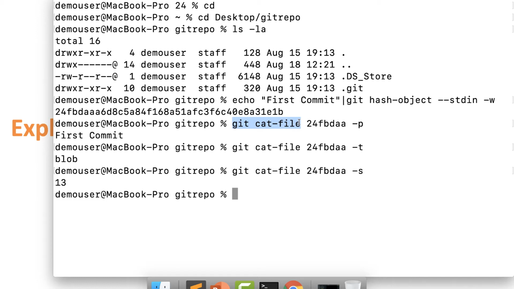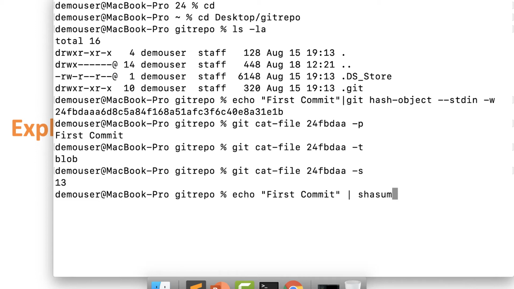Now we'll see how we can generate a SHA-1 hash itself using the terminal utility called shasum. We can use echo "first commit" and type shasum. Shasum is a utility present within your terminal, which you can use to generate the hash for any string or any file.